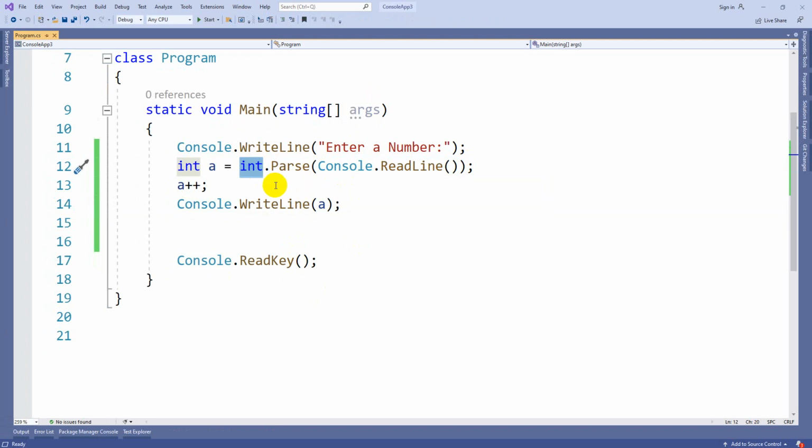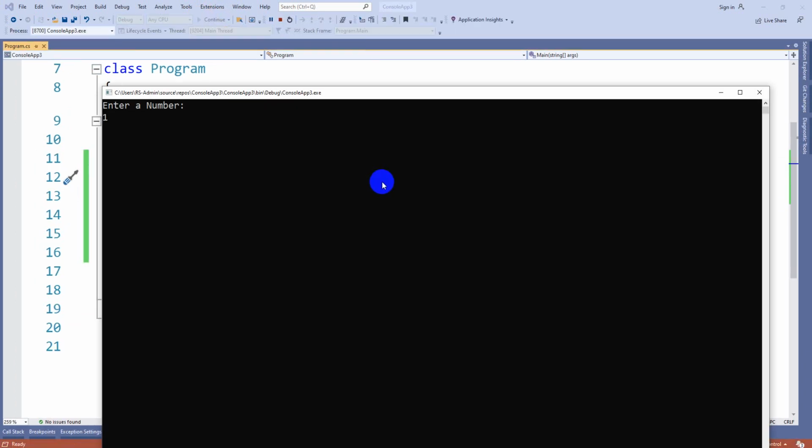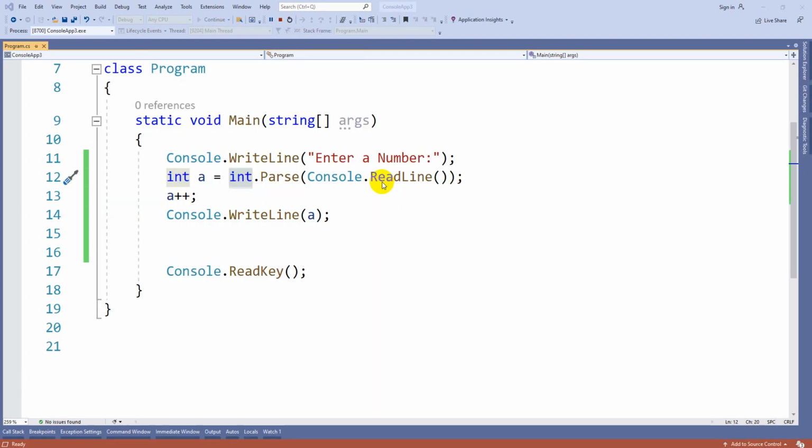Guys, you should remember one thing. We may think that the Parse method can convert anything into integer format, whatever keyword you use. But if I give numeric values, it will convert. If I give any character or wrong input to this program, it is going to throw an error.